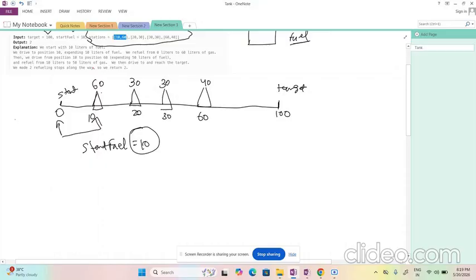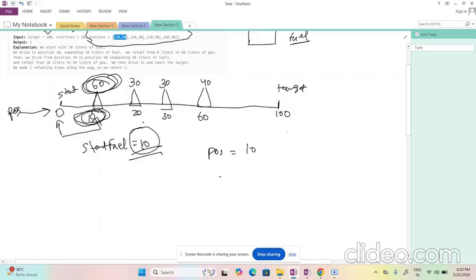So now we are at position 10. When you have reached this position, your fuel has become zero. Can you reach further using this? No, you cannot. So you have to fill the tank with this fuel.